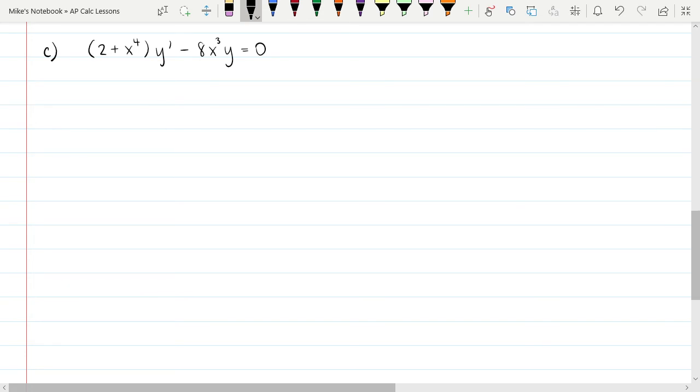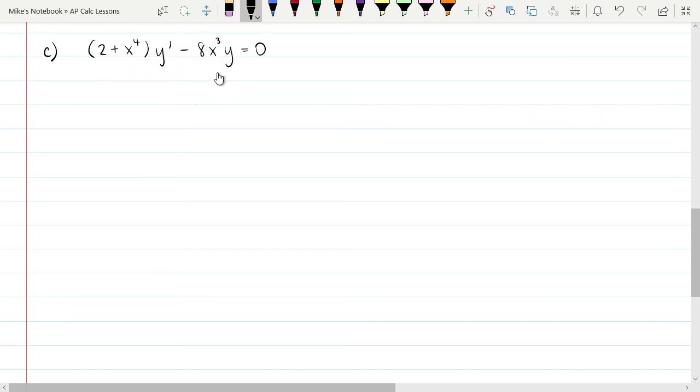All right, what about a differential equation that looks like this one? So we have 2 plus x to the fourth y prime minus 8x cubed y equals 0. So there's quite a bit of stuff going on here. First of all, we've got that y prime that we know we're going to turn into a dy dx, but before we even get there, we've got to deal with the fact that we actually have a couple of different